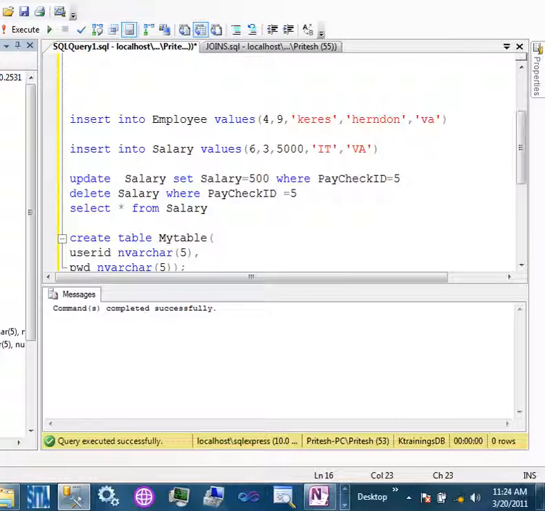And next time you wiped out everything, you wiped out your whole system, right? You install it from the beginning, or you want to install the same thing in another location. So if you have this set of queries, you just execute the query, and it will create the whole thing for you. It will create the table for you, it will insert the values for you. So that is what test data means.